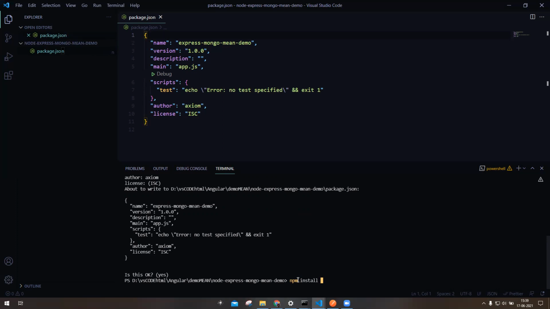I guess we need the nodemon package, so I will write nodemon. We will need the dotenv package, and we will also need the mongoose package to make the connection to the database, and we will need the express package.